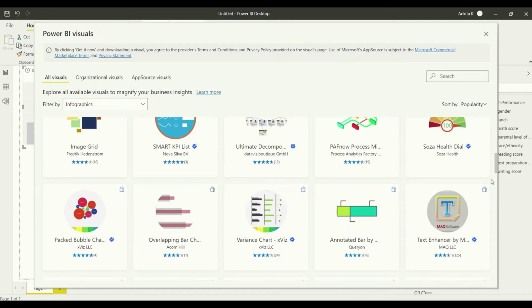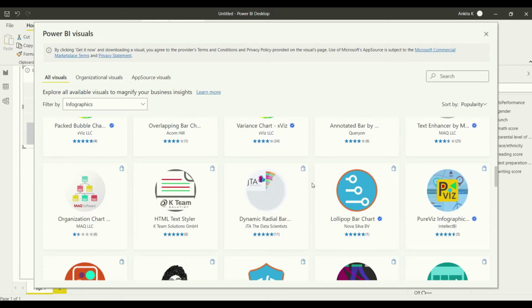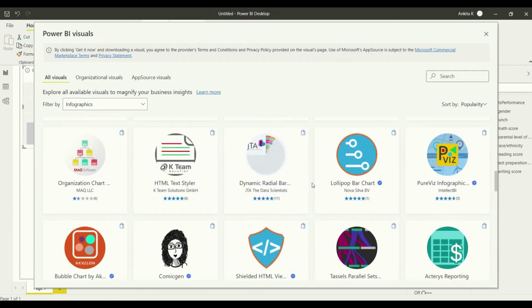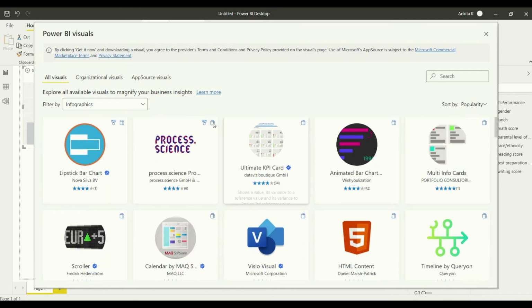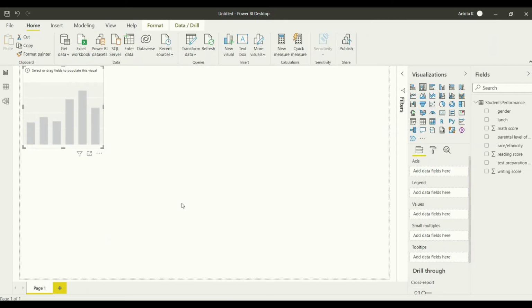So if you are going to go for a specific visual, just follow some of the best practices. For example, the visuals with the verified check mark ensure that these visuals would be reliable. For the other ones, you would possibly have to refer to the ratings and the requirement of that visual, how important it is for your data visualization task. So having said that, we'll just move back to our default visuals, and here we have got the default ones.